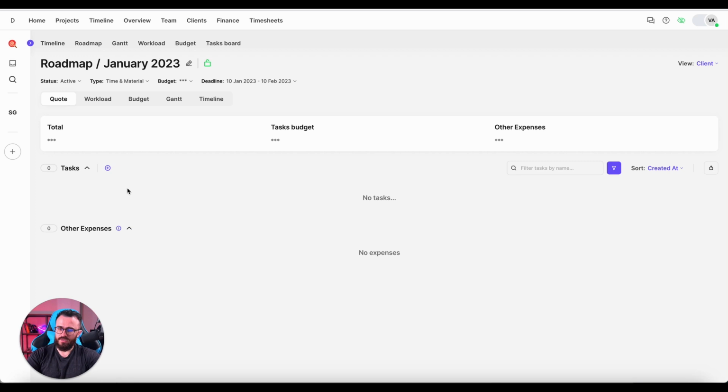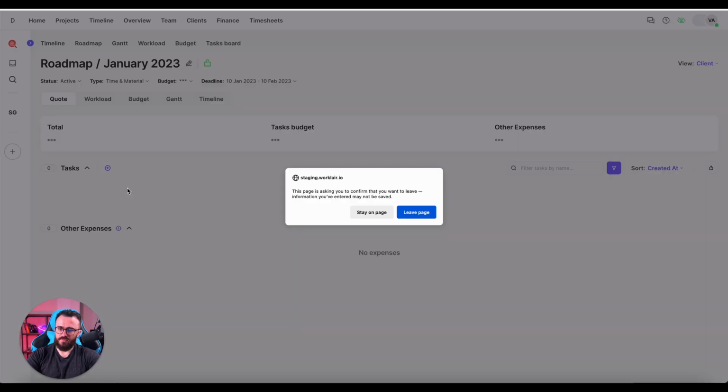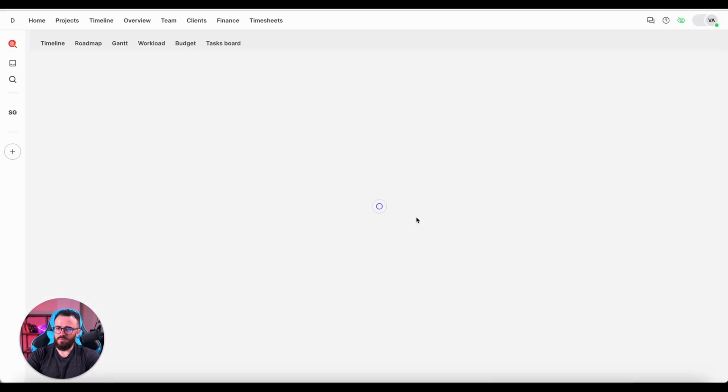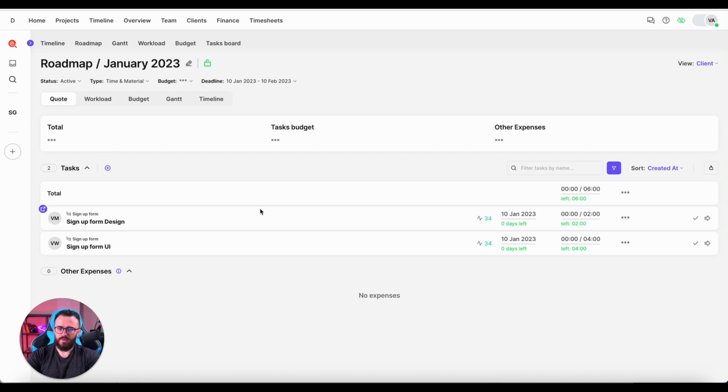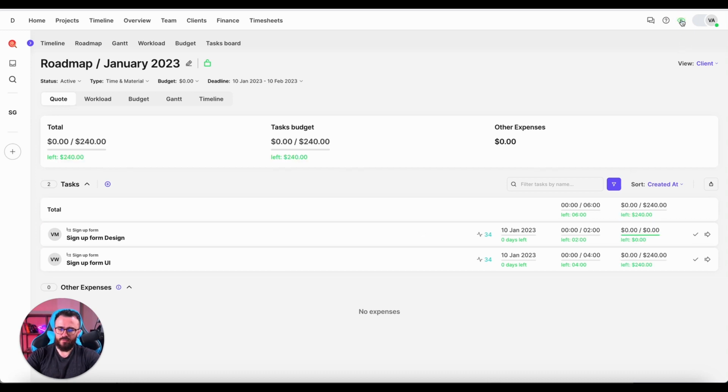So once it's added, for some reason you just need to refresh the page one more time. Once the task is added to milestone, it will be bound to it, and only one milestone at a time can be present in the task. So let me add also design task here. Okay, it's put here. And if I turn on the eye, now at this page, since it's called quote, this tab,